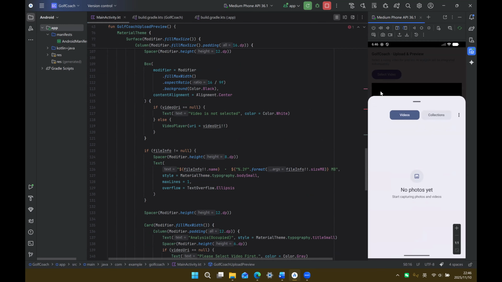So we can select the video from the file, but I didn't upload any video, so we can't see it. I think we should link the backend to see this video. And after that, we can play this video and get the file name. And future extension